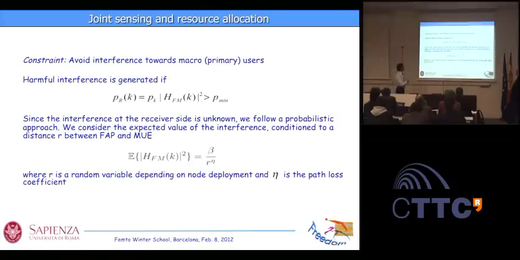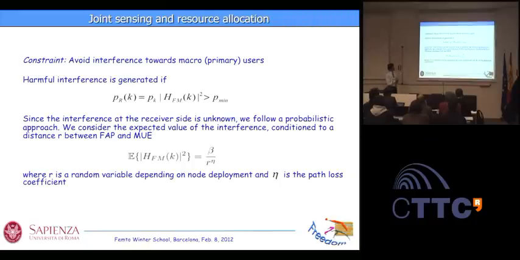Okay, so what we say is the following. There are two sources of randomness in the channels between macro and femto users. One is the presence of multipath. We may have several paths between the two nodes. The other is the distance. The distance, of course, is going to affect the coefficient of this multipath propagation. But these are two different phenomena, right? One is distance and the other one is multipath.